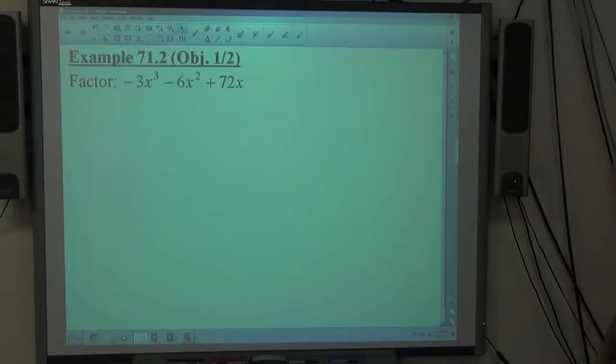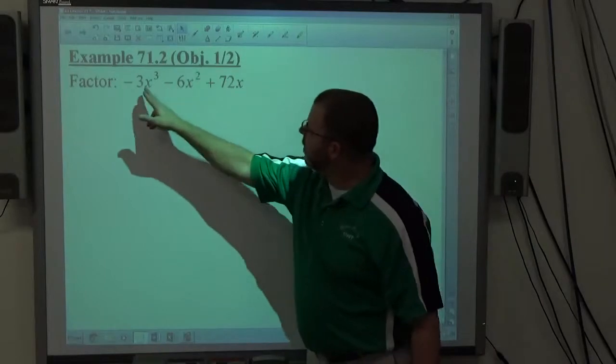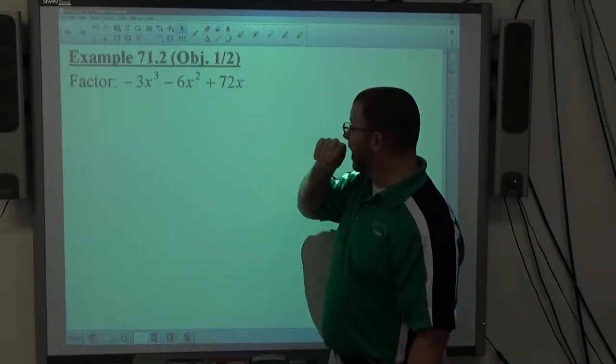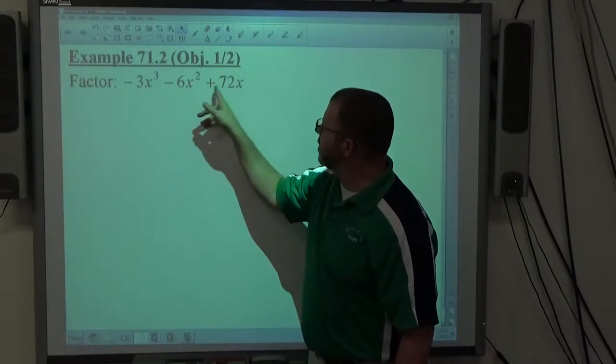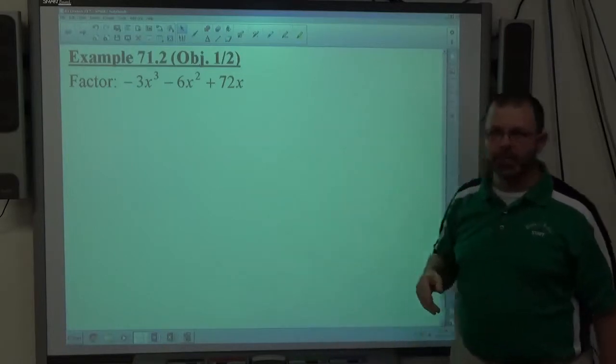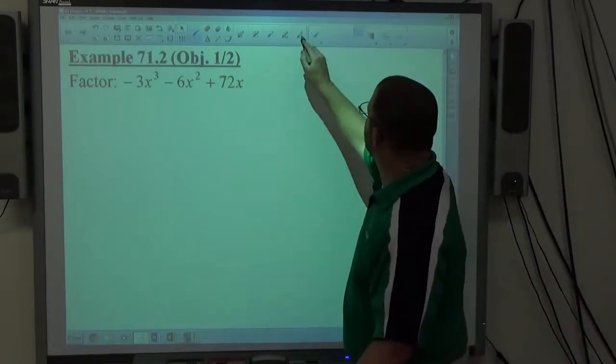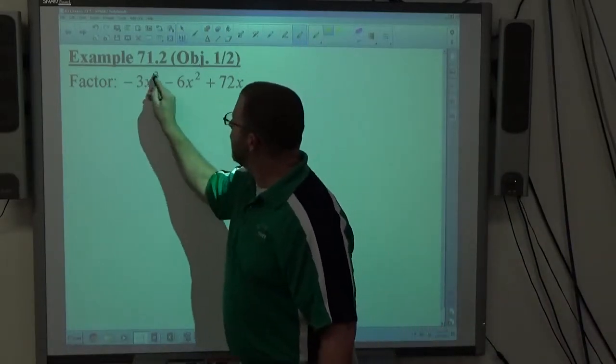All right, example 2. This has also a common factor. If we take a look, obviously there's an x in every one of the terms, so we can take an x out. But also 3, 6, and 72 all divide evenly by 3. Now, what I want to bring to your attention here, and this happens quite often, is this first term,